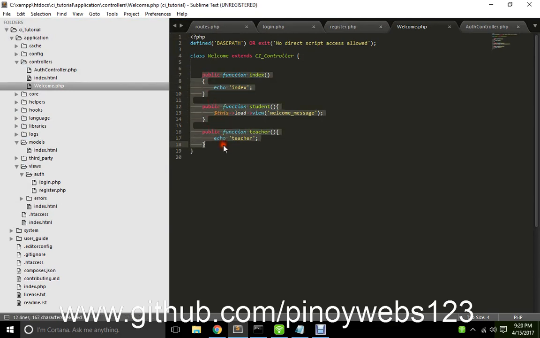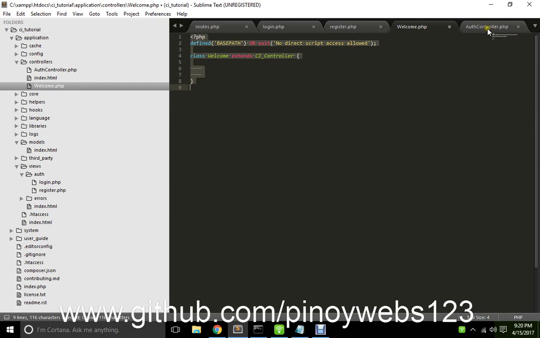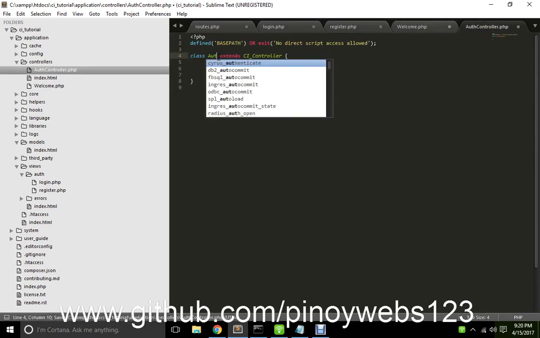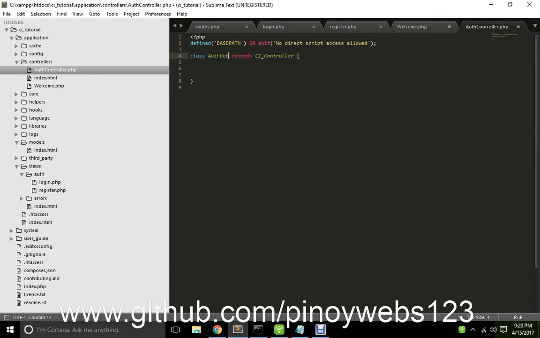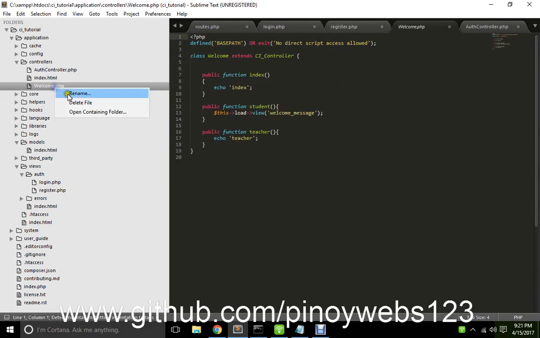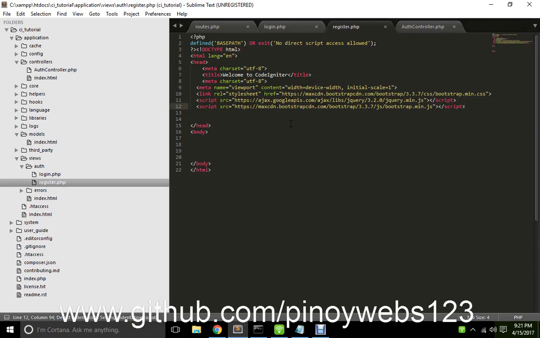Let's delete this. I want to copy this, paste, and change the class name into, yes, you're right, auth controller, because that is the name of our file. So this PHP will be deleted. We don't need it anymore because this is the default, and for now we are going to use the auth controller